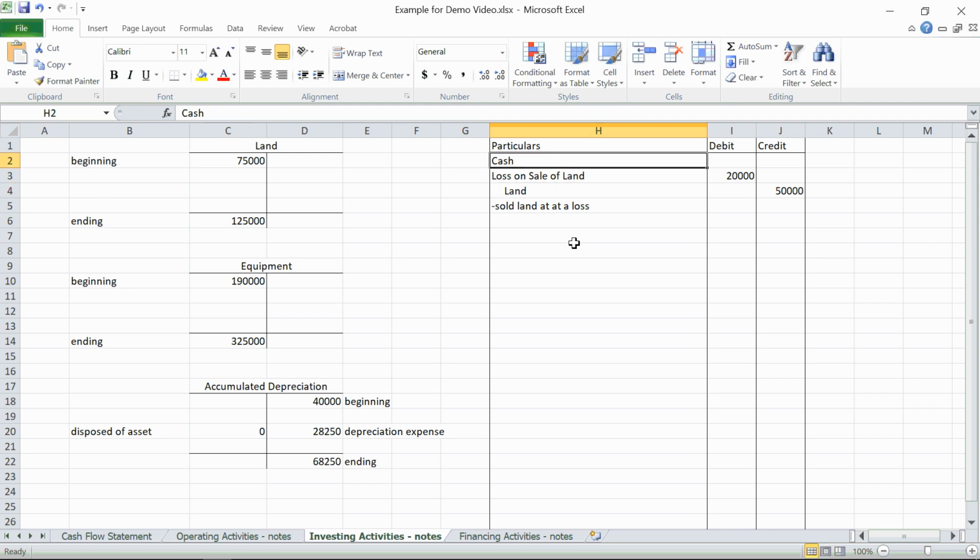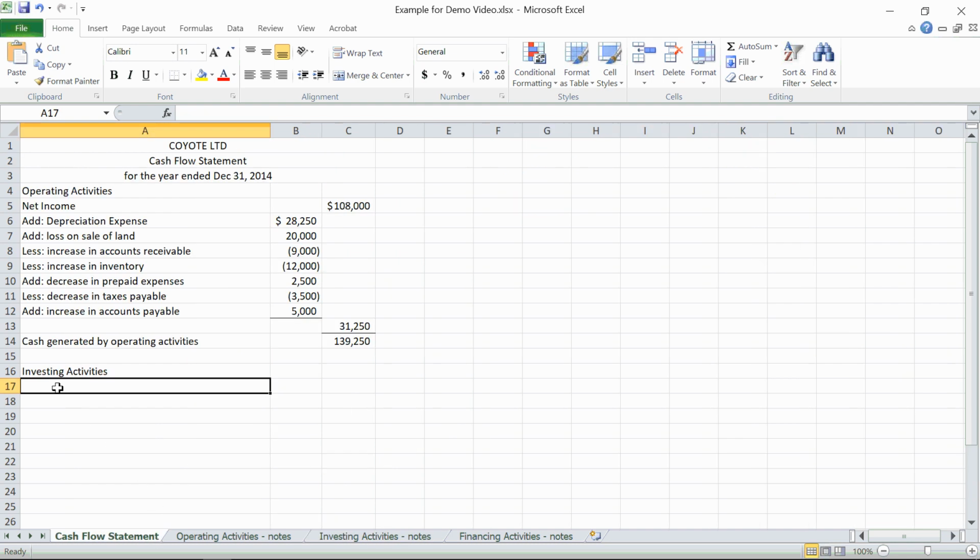And so I hope it's obvious now that to make this journal entry balance, the cash proceeds from the sale of the land must have been $30,000. So I'm going to go back to my investing activities and I'm going to say add proceeds from sale of land